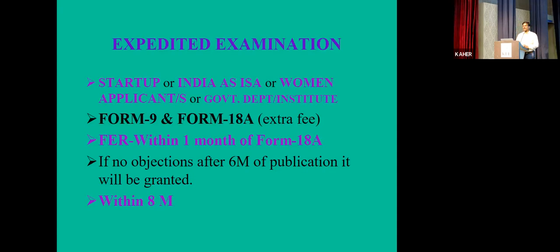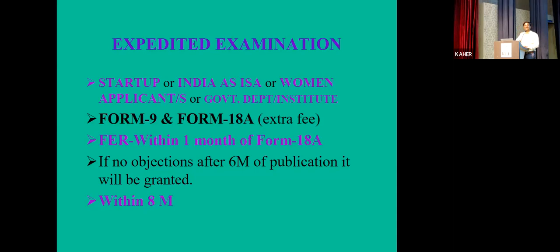expedited examination applications. There is no possibility for offline filing, either coming to the patent office or sending by post. No possibility. And we publish quickly, within 1 week it will get published, and within 1 month we issue the first examination report if any objections. If no objections, then within 8 months you will get a grant of a patent. This is the quickest